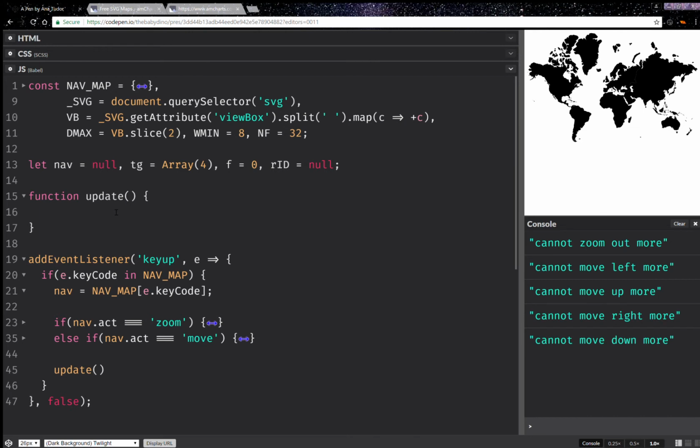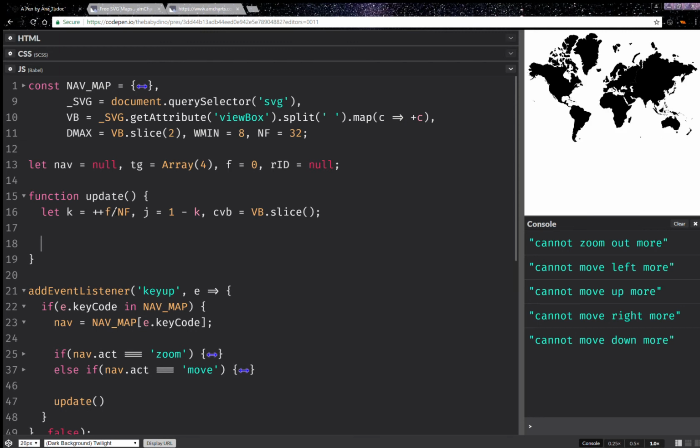So here I'm going to compute a progress k, which is this frame index updated over the total number of frames. I'm also going to compute a j, which is 1 minus k, because this doesn't change throughout this function. And I'm also going to compute a current viewBox, which is initially a copy of the viewBox. Okay, and here I'm also going to consider the two cases, if my action is zoom or if my action